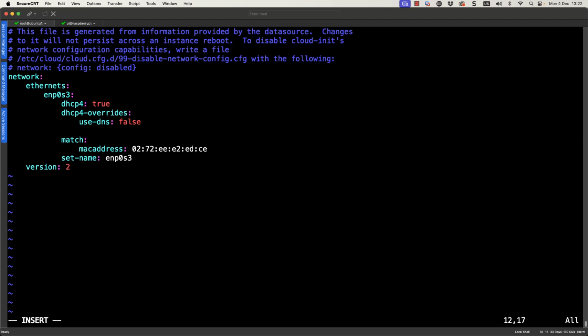As we go back, we can add in our DNS setting. We can put our nameservers, and I want to make sure this has got the right amount of spaces. The default seems to be using 8 spaces, so I'm moving back now to line it up with the use-dns.